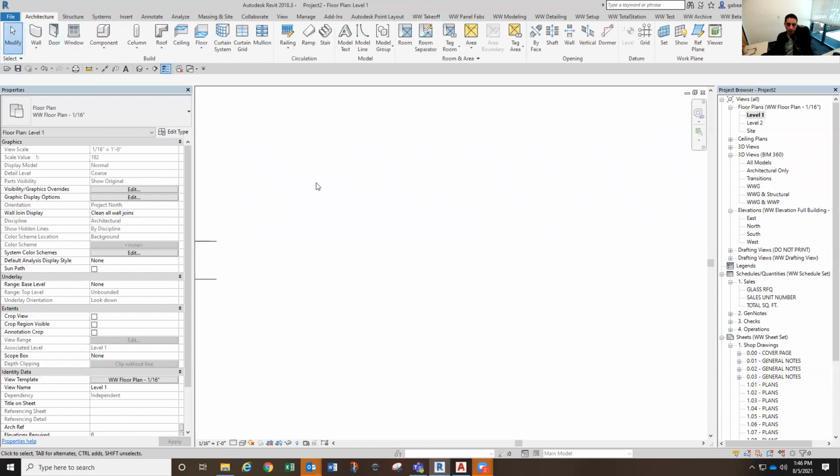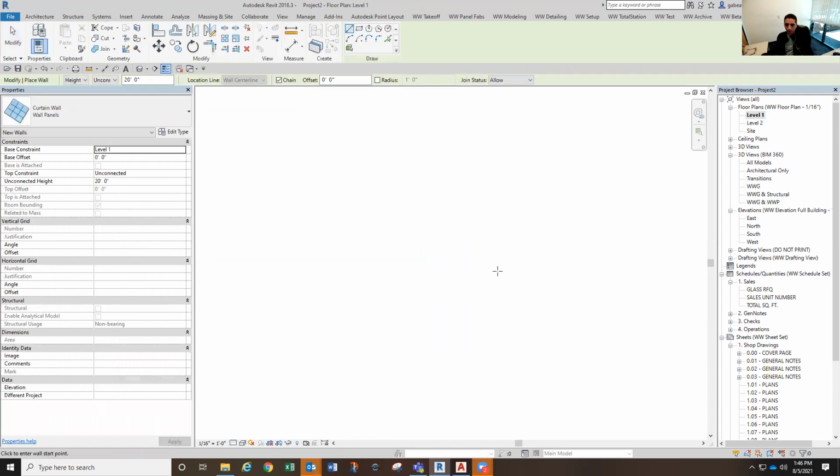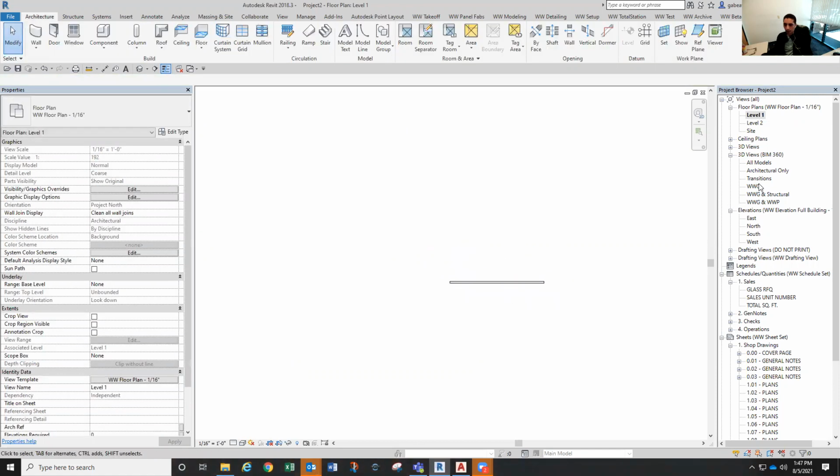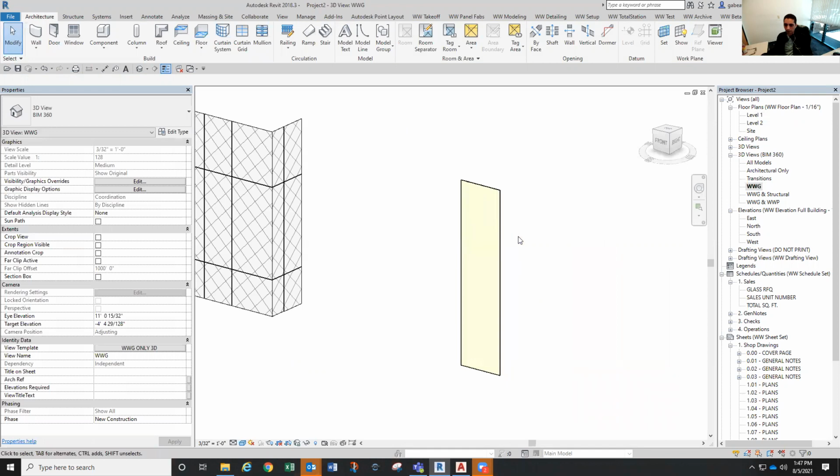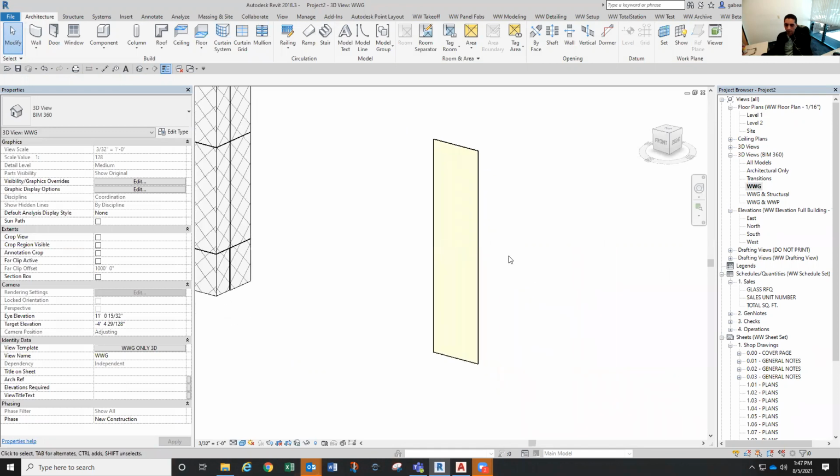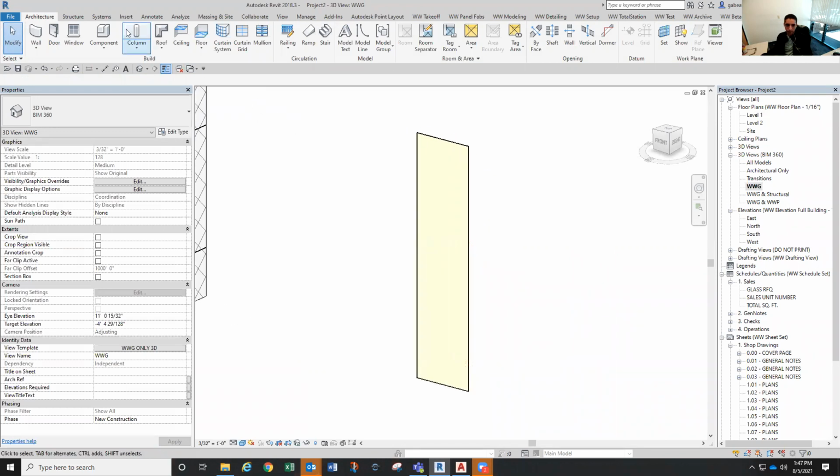So what you want to do first is create a wall. Put that wall in, whatever size it's supposed to be. Let's just go 5 feet. And go to my 3D view. This is my wall. And what I'm going to do is I need to load in